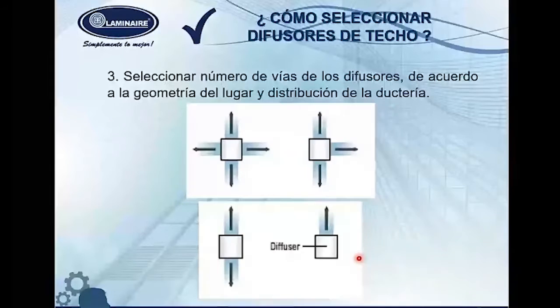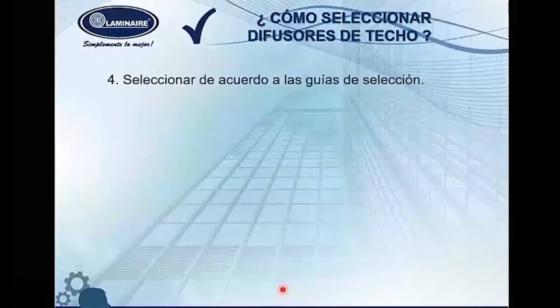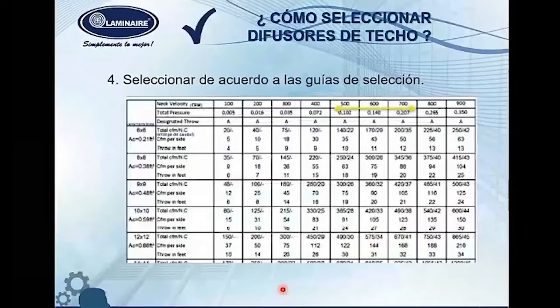Then we select the number of diffusers depending on the geometry of the place and the distribution of the pipes. We can have different ways, with different characteristics, and it's going to tell us if it's enough with 1 or 2 ways, or 3 or 4 ways. And that is selected in regards to the guides of selection. It's important to understand that every single diffuser has a chart just like this. It's a guide for selection, and this shows the features or characteristics of every diffuser in regards to, for example,